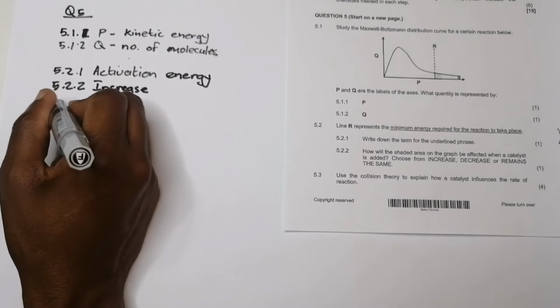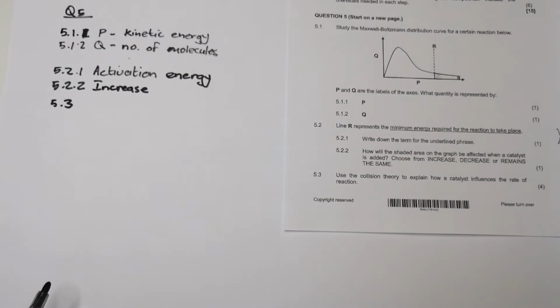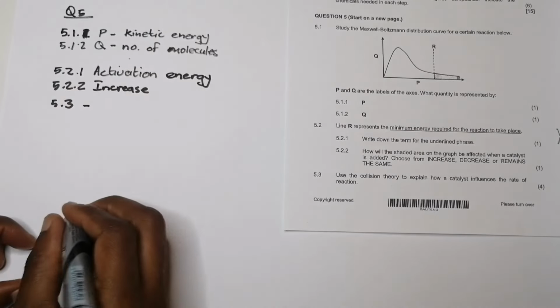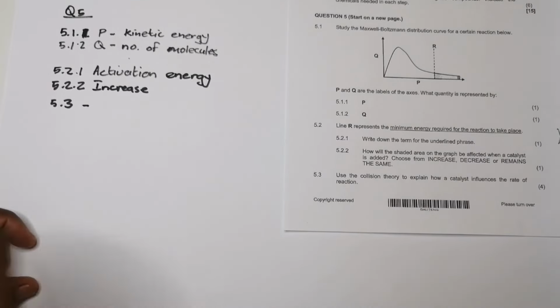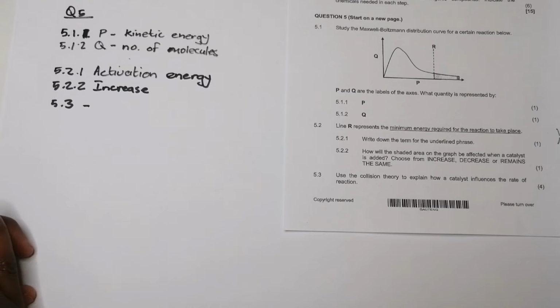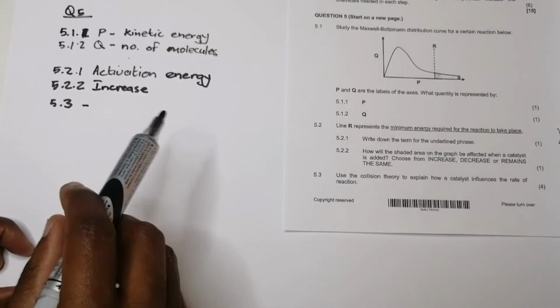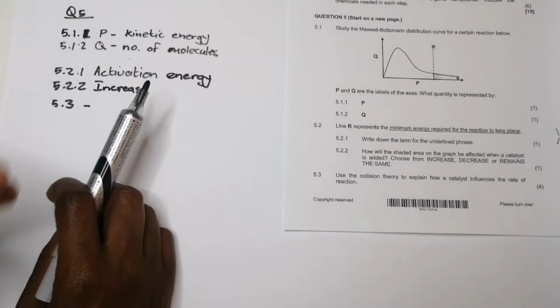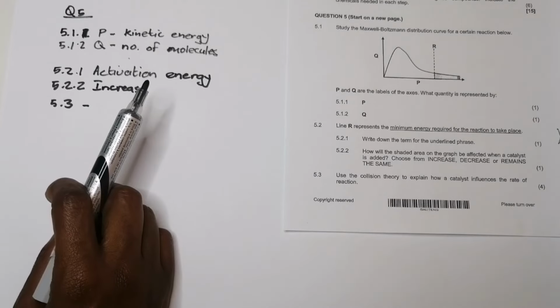Okay, and then in 5.3, they say use the collision theory to explain how a catalyst influences the rate of reaction. So what do we know? I'm going to write that in bullet point form. In fact, I'm even lazy to write. So the addition of a suitable catalyst, I want you to keep that in mind. Once I add a suitable catalyst, it lowers the activation energy of